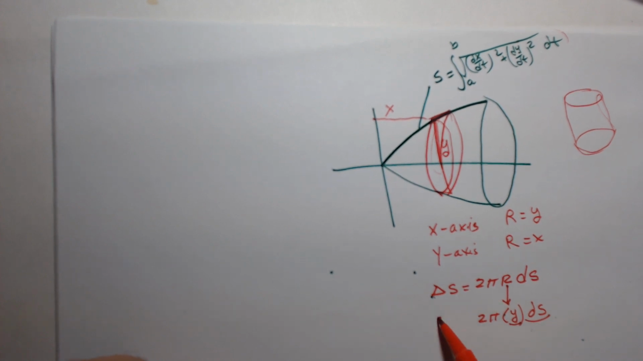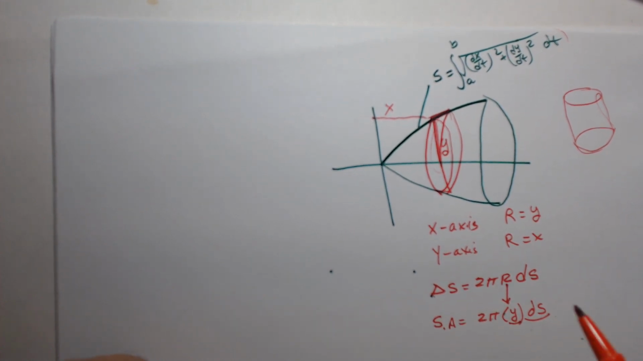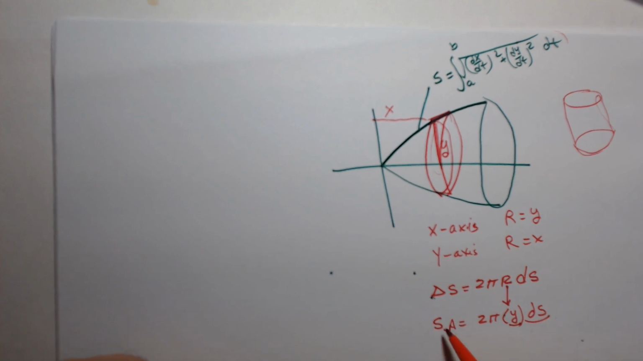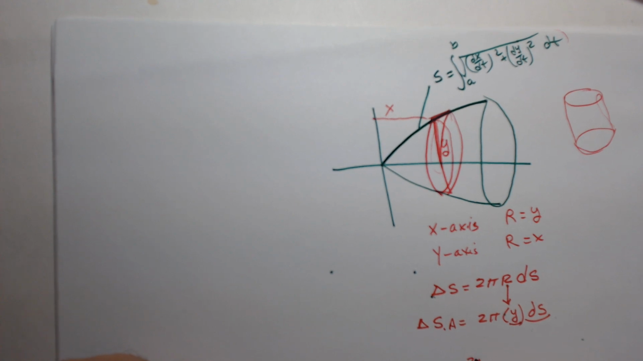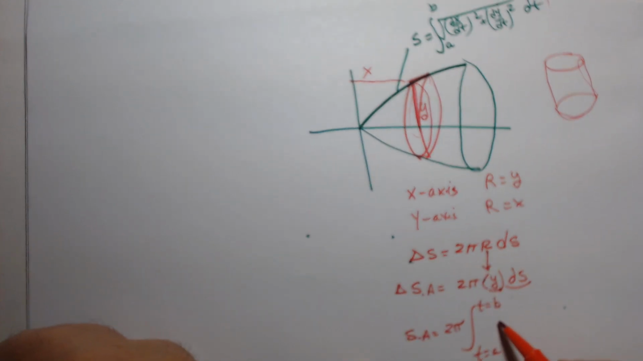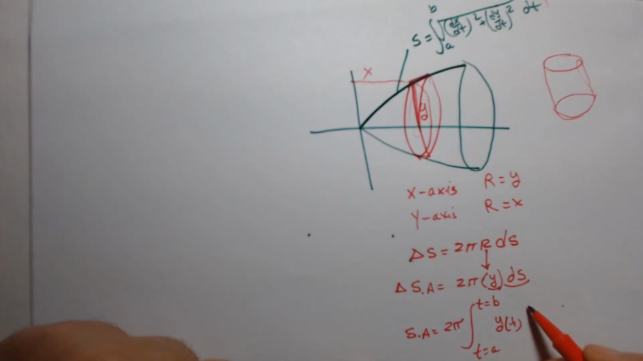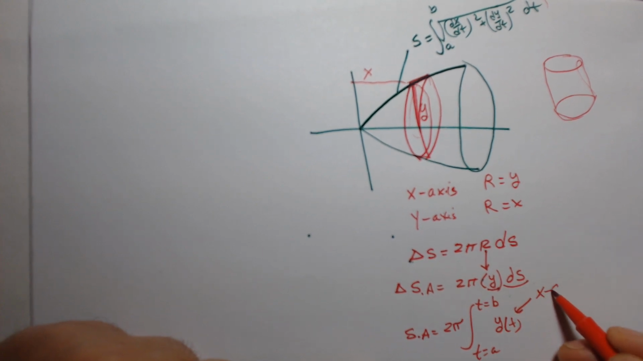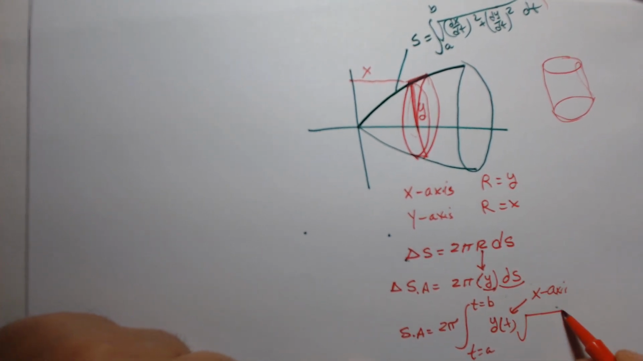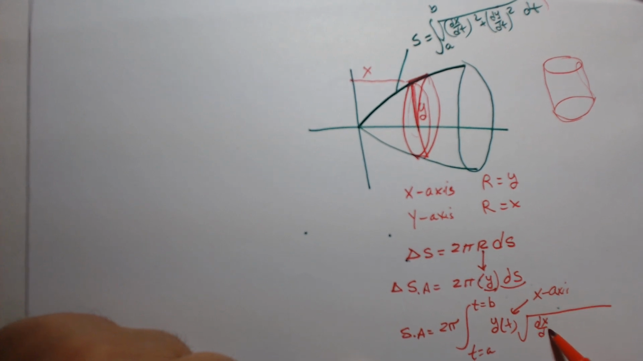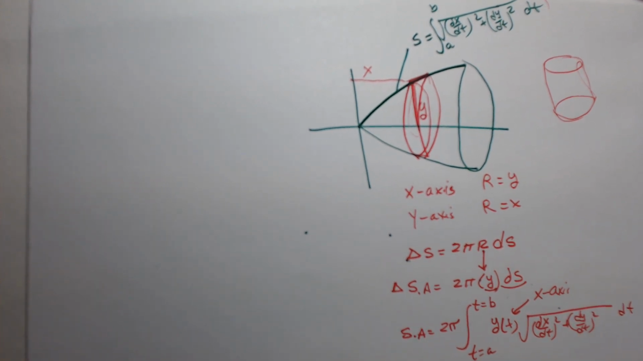Therefore, the surface area is equal to 2 pi integral from t equal to a to t equal to b. You put y of t if it's with respect to the x-axis, times the square root of the arc length, and see everything is in terms of t right here,